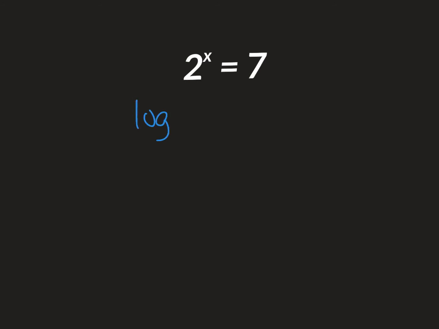Notice I'm writing log. You really have a couple of choices here. You can use whatever base you want. I'm going to use base 10 most of the time, or base e. So I'm going to do this, log of both sides. That's legal. Now remember where the exponent goes. The exponent in the log goes in the front, so I'm going to put that exponent in the front of